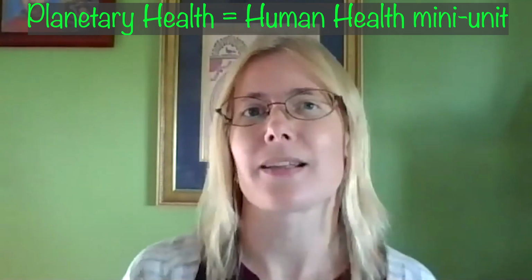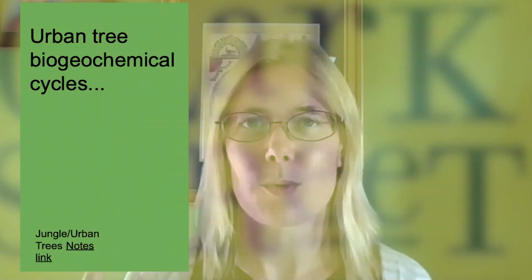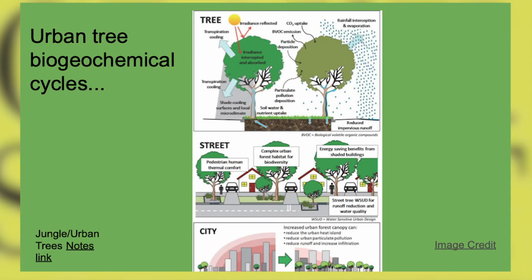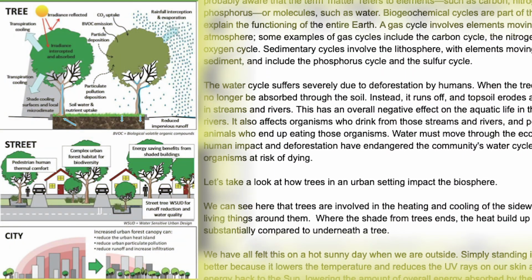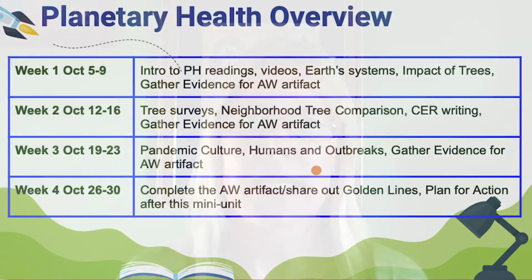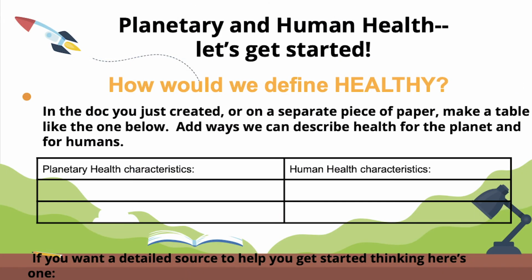Students act as data scientists. That is their job in this mini unit. They begin by exploring the benefits of trees in different settings, urban, rural, and suburban settings, and learning about the air quality and water quality, soil quality connections related to trees. They learn about how trees can prevent heat islands from forming and can lower the chances of extreme heat impacts, impacting the health quality of people that are living in those places.